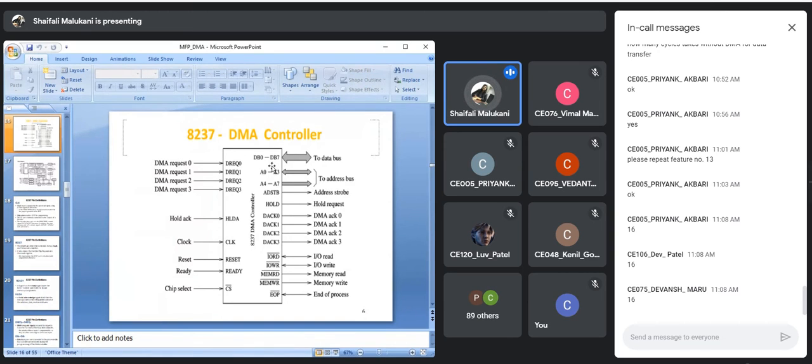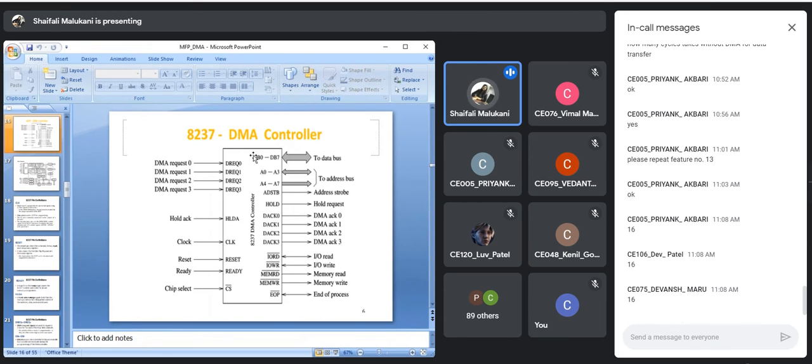Whatever address I am generating from A0 to A7 will directly appear over the address lines A0 to A7. Because whenever you ask for the hold request, 8086 is going to give you the control of the address buses, right? So you will have a direct connection of A0 to A7 with the address buses A0 to A7 of 8086. But now you want to access the A15 to A8 buses of 8086 as well. So you will connect these data lines with them as well.